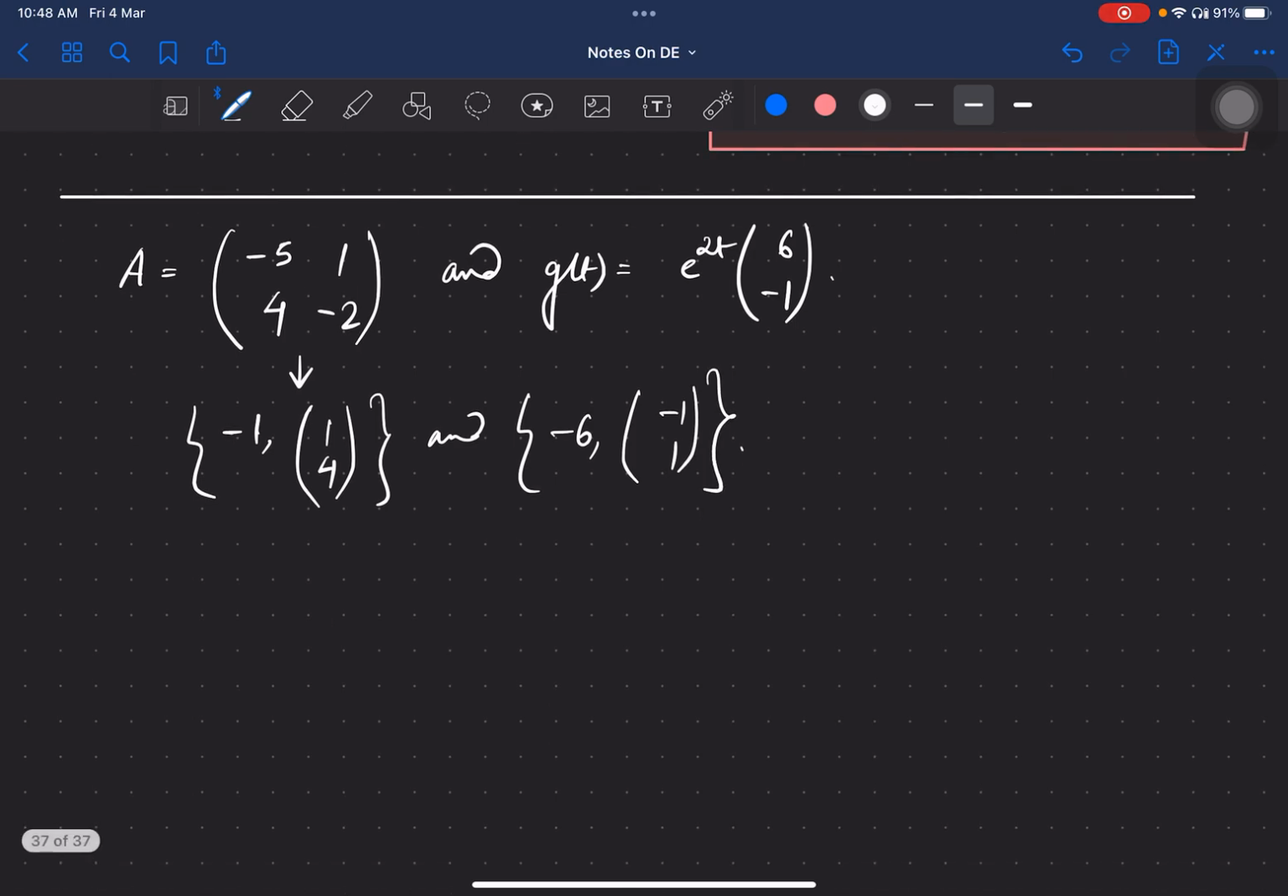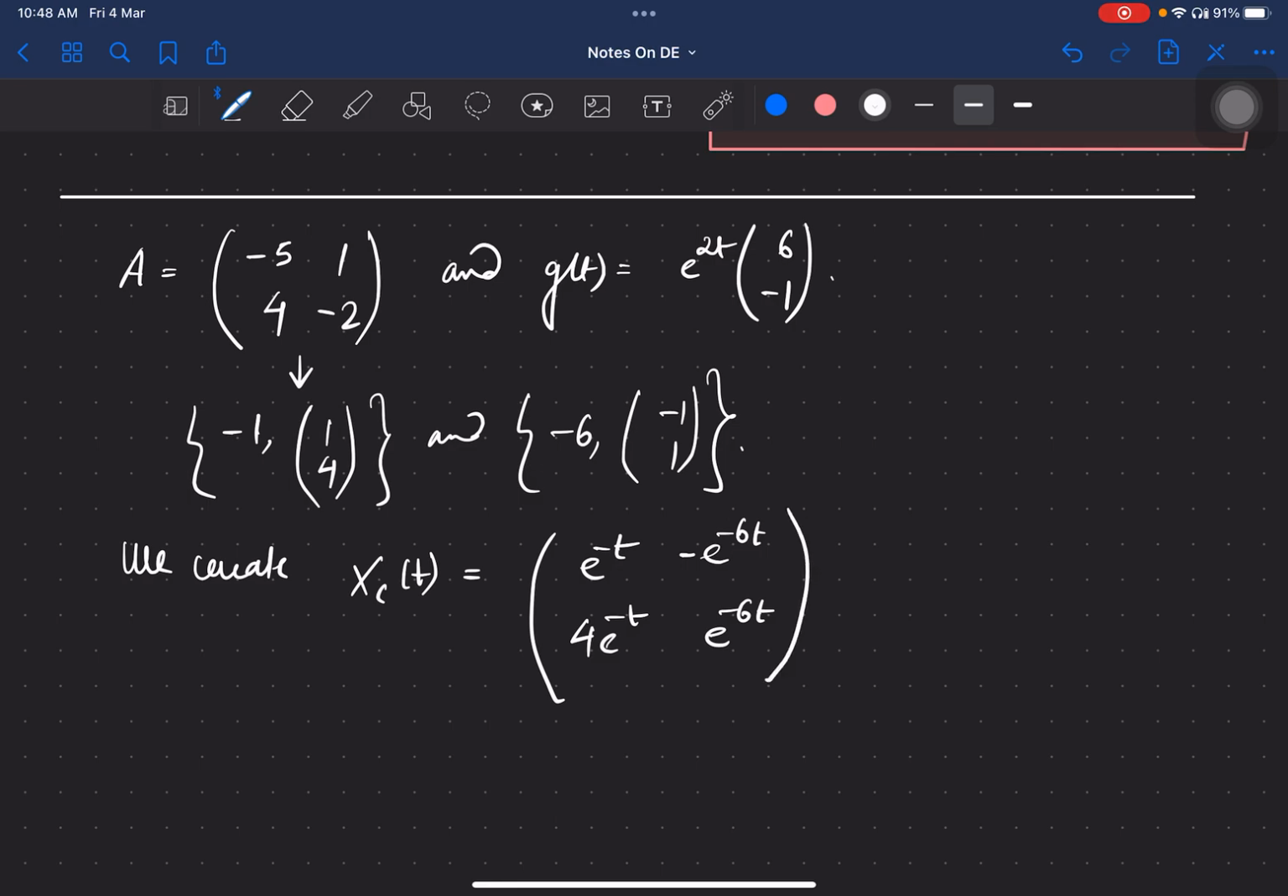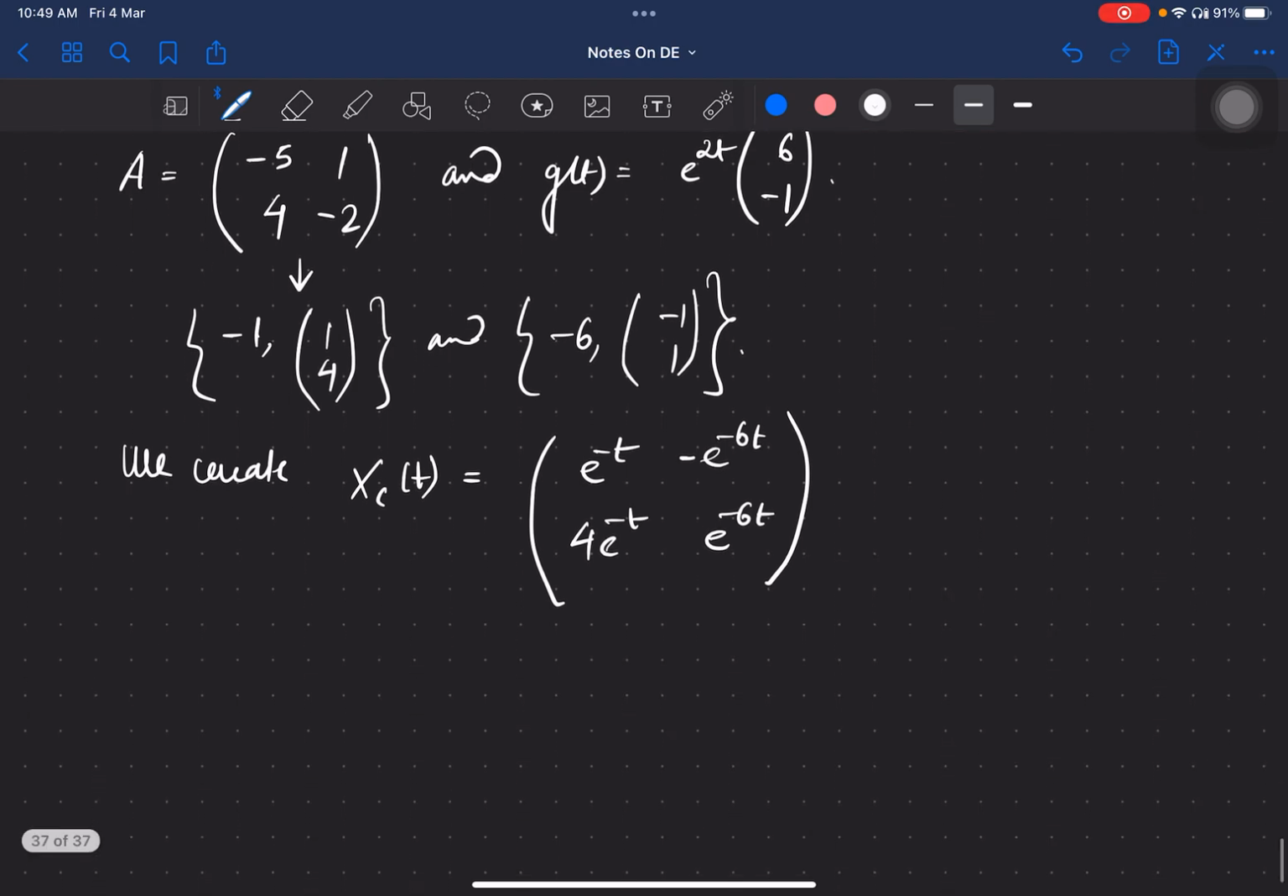So from here we create X_c(t). So this is a matrix. This is how we get [e^{-t}, -e^{-6t}; 4e^{-t}, e^{-6t}]. It is nothing but we just multiply: the solution is e^{-t} into 1, e^{-t} into 4, e^{-6t} into -1, e^{-6t} into 1. So this is how we create the matrix X_c(t). Okay. So X inverse,